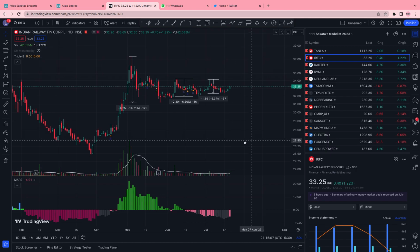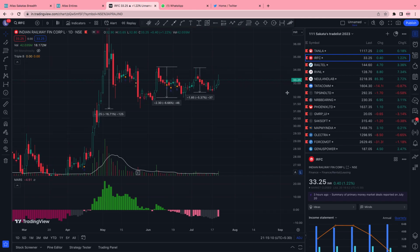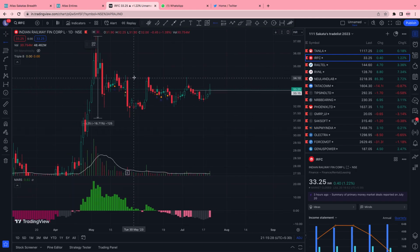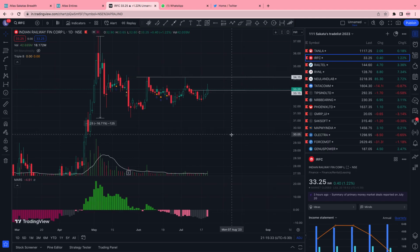Okay, so if that is the case, one would say that today's move was a move where it sort of said, hey, I am ready to now break out of at least the 30, right? The actual breakout point would be, let's say, above this pivot somewhere here, but today would be a cheat entry in my book. Okay, and again, it could be something like this. It could go there and then again form a fourth T,